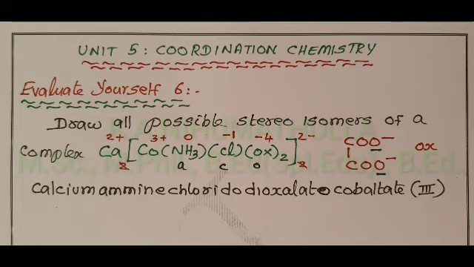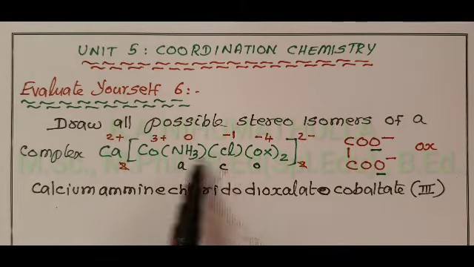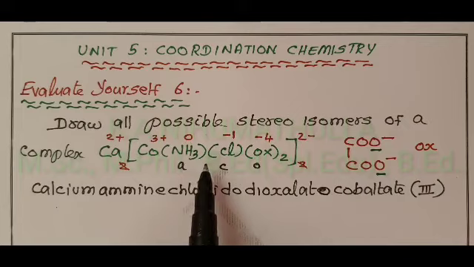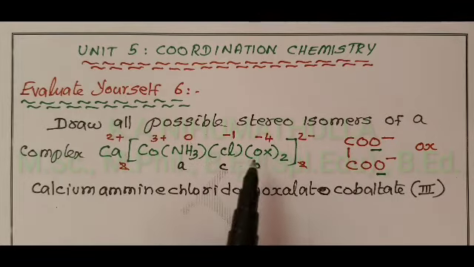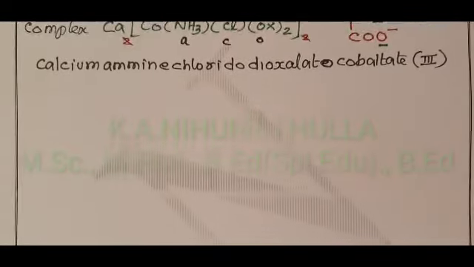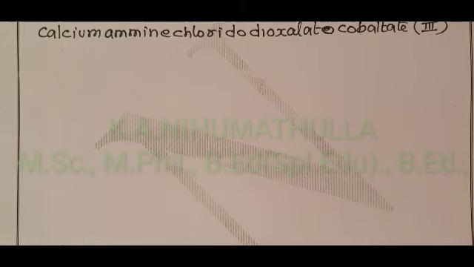First I am going to draw the stereoisomers, the cis-trans isomers in these octahedral complexes by taking these two monodentate ligands. If these two monodentate ligands are in 1,2 position, it is called cis isomer. If these two monodentate ligands are in 1,6 position, it is called trans isomer. First we have to draw cis and trans, after that optical isomers also we have to draw. Now I am going to draw the cis isomer first.